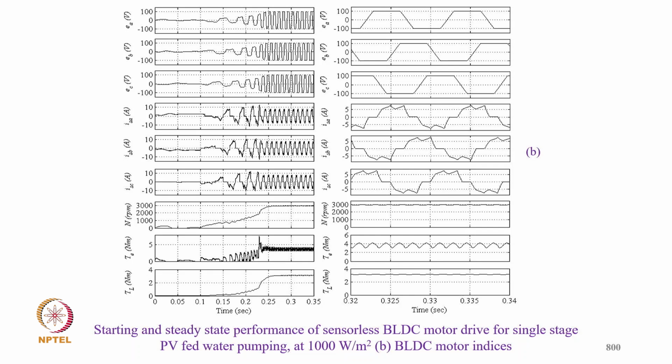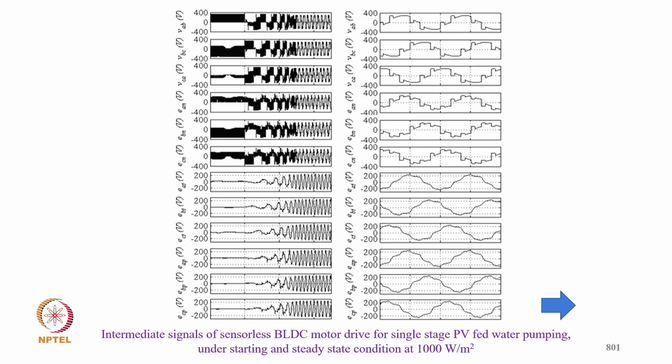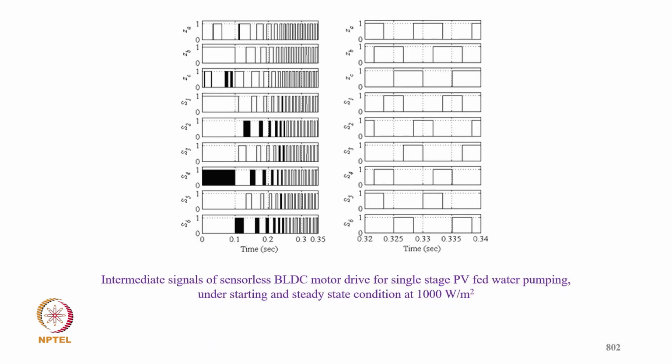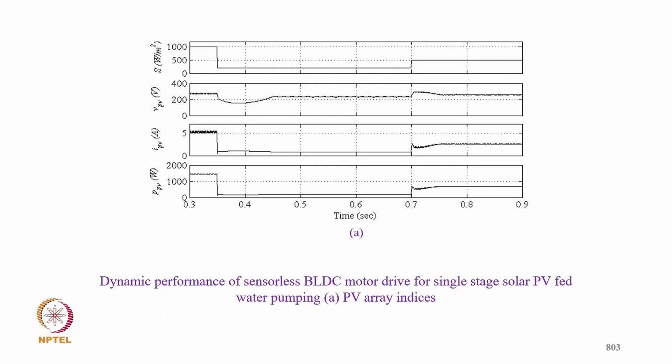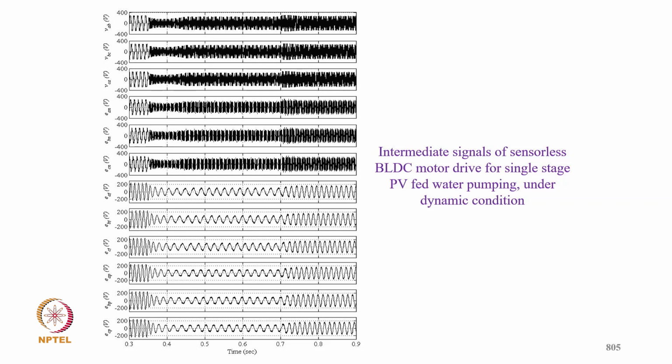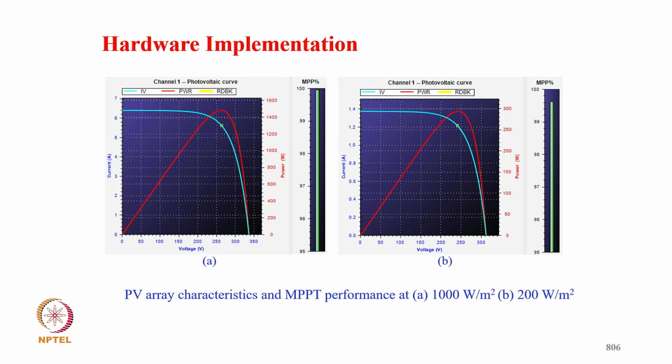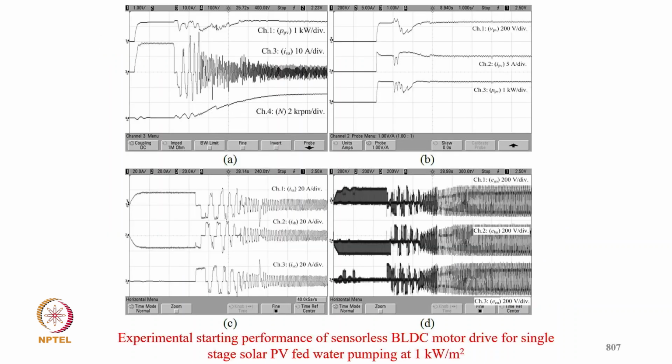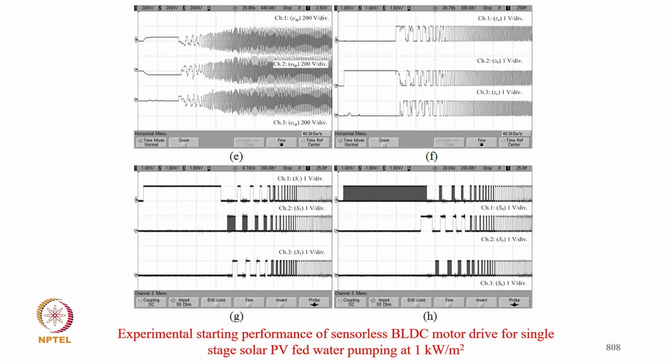So you can see typically all the signals during starting, then all the signals at 1000 watt per meter square, then the switching signal, intermediate signal, then performance and dynamics, then intermediate signal performance, and all the signals typically with the intermediate signal corresponding to the sensor insolation, then experimental performance, MPPT performance at 1000 watt per meter square, 200 watt per meter square, then the experimental performance during starting and insolation change, then the performance during